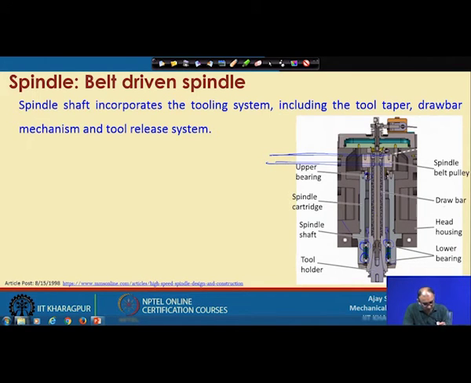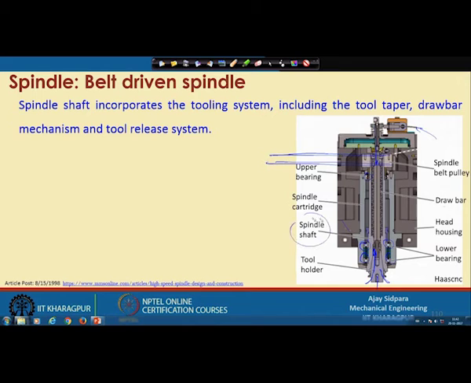So, what is happening is that when you are pushing this thing down by means of air, at that time this particular thing will be expanding, because if you see this particular drawbar, it has different types of jaws, and when it is moving down then it will expand. So, you can remove the tool down, and when you retract this, you mount one tool here and let it go inside. Once it goes inside, again it will grip that particular tool. So, that is called the drawbar.